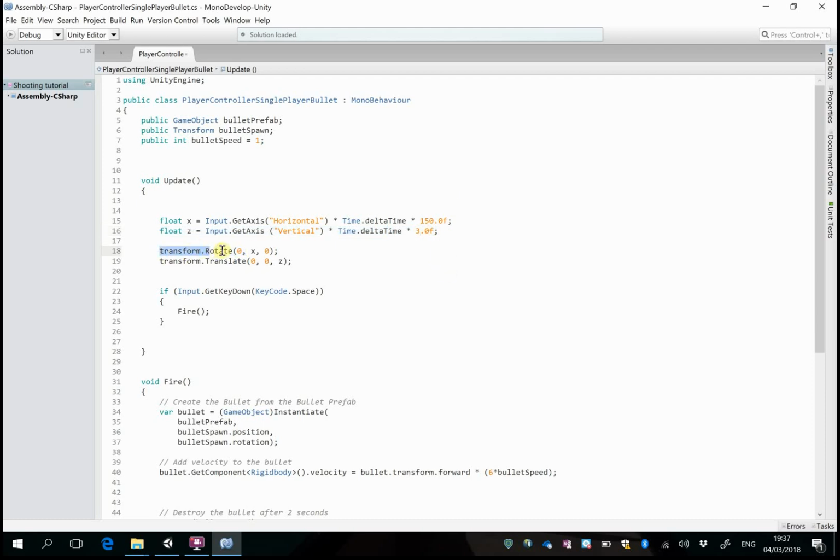And if we look at this line, transform.rotate 0x0. What it's talking about is it's rotating on the middle axis, which is the one that goes straight up and down. So it's rotating like a spinning top based on this variable up here. If you press left or right, it's going to change this variable here, this x, and then it's going to rotate, so the transform rotate